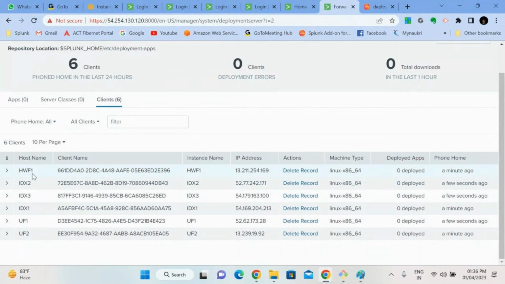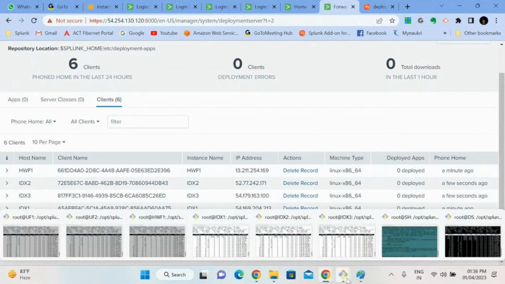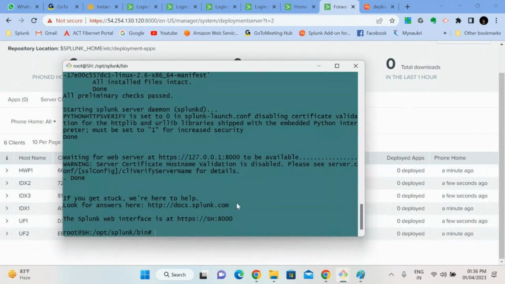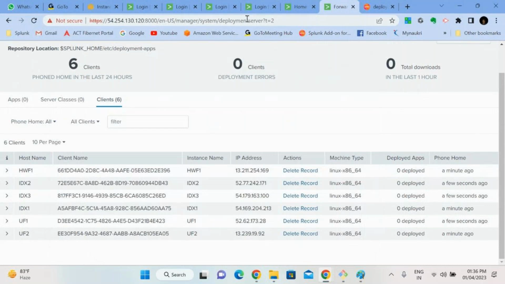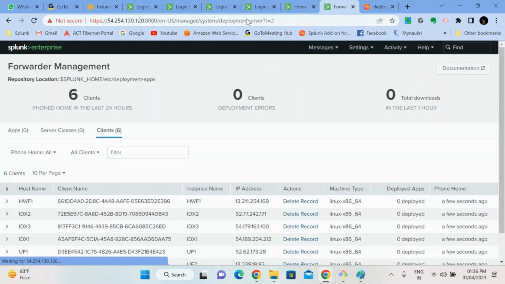What about the search head? Still it is not reported. Wait for some time, now it will be reported. Now just refresh. All 7 clients will be added as clients to the deployment server. Wait, the search head needs to be added. Okay. Now,